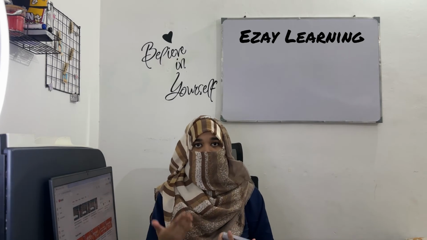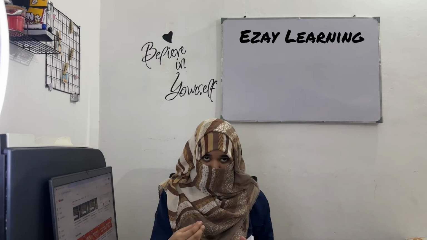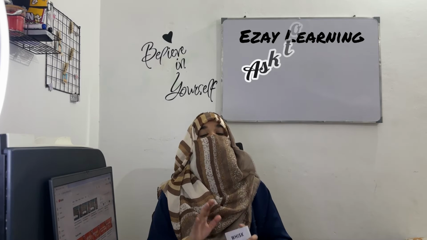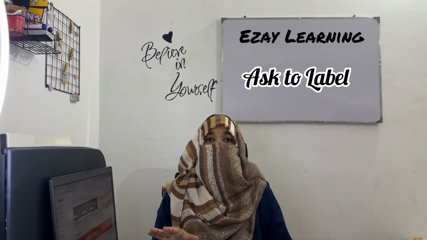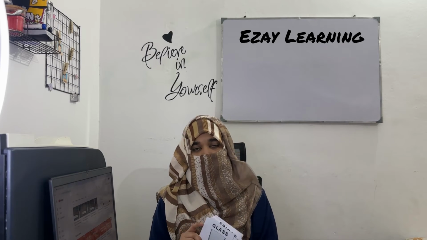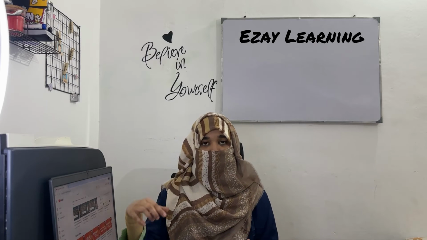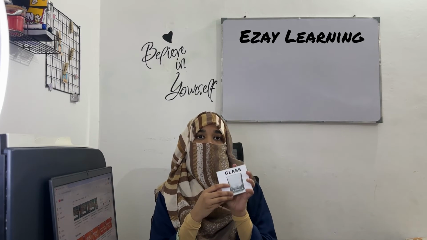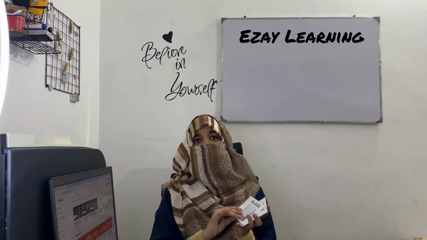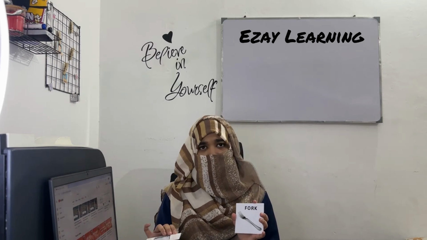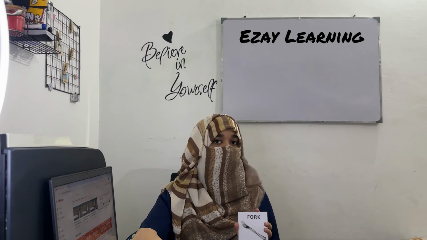So once you have given him the information, once you have labeled the cards for him, it's time to ask the child. So now show the cards to the child and ask, what is this? For example, I'm starting with these 6 cards with the child. So in my mind or on the table, I will have 3 categories. For example, I am asking, what is this? The child says glass. That means he knows what this is, and he is answering confidently. I would put it in 1 category, which is confidently knows.